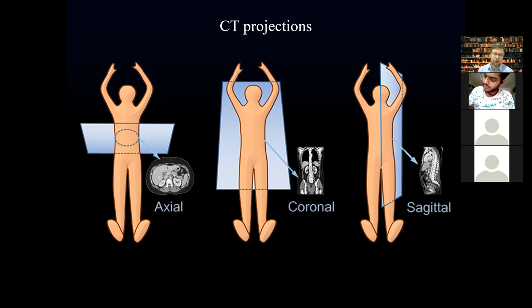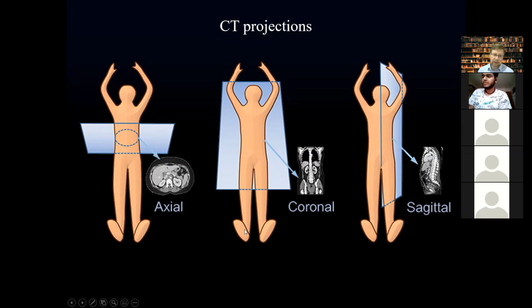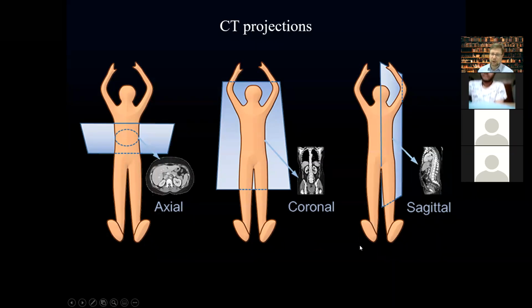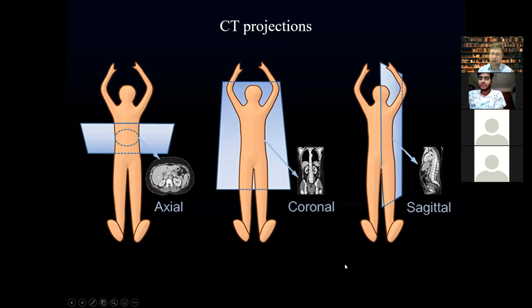So, for instance, perform only axial, which is obligate, usually always axial projection, and only coronal or sagittal. If it's very important to achieve some anatomical information, we may perform CT imaging in all 3 projections, but remember that with each projection we scan the patient once again, and once again we expose them to ionizing radiation,